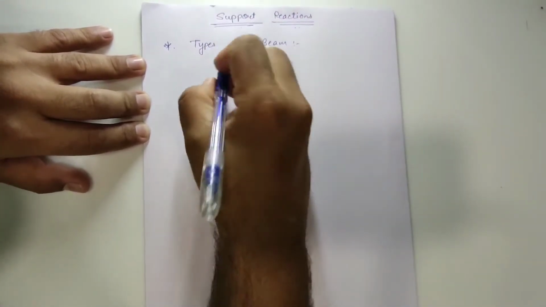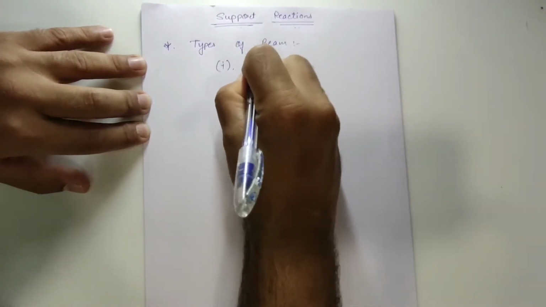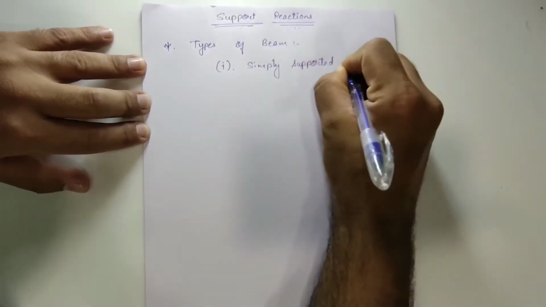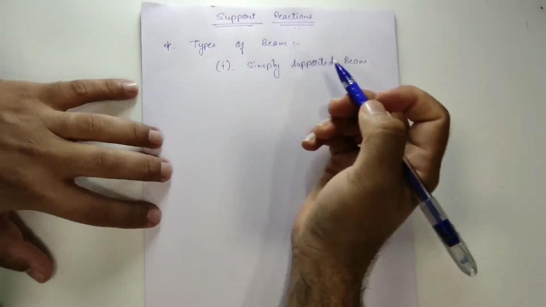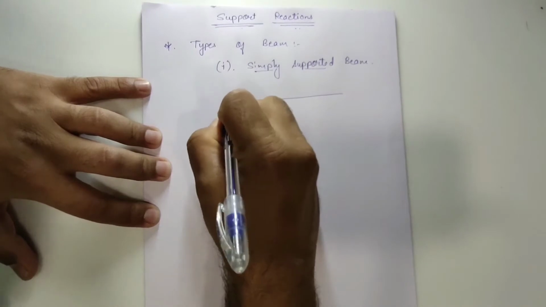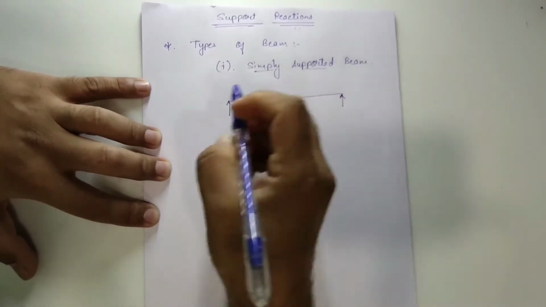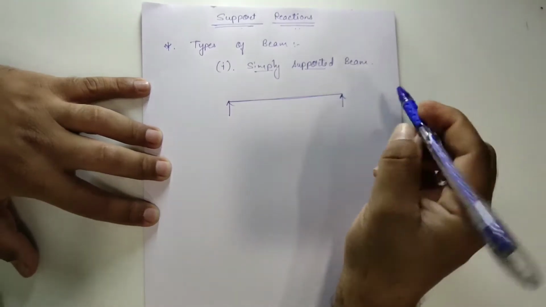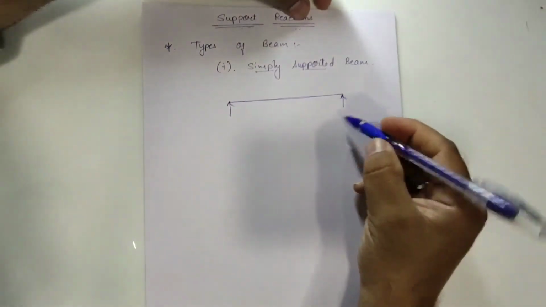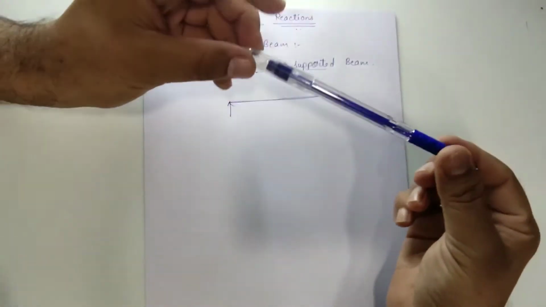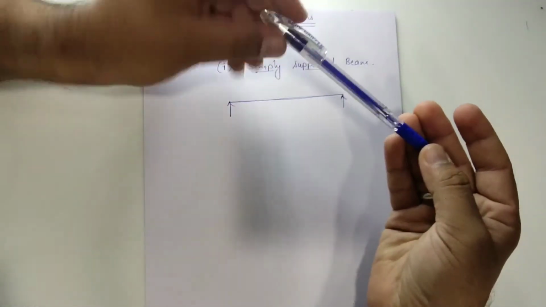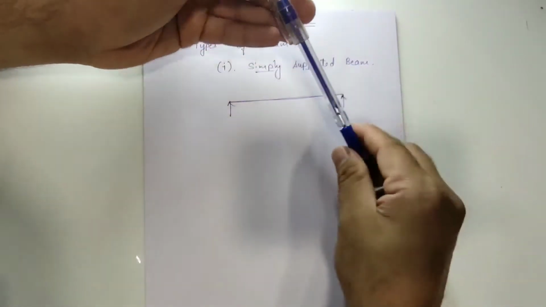Now generally there are six types of beams. First one is simply supported beam, in which the word itself denotes that the beam is simply supported. Suppose this is a beam and at the end there are two supports which are just placed in order to give the support only. There is no connection of the beam with the column or the support. It has nothing to do with the fixity. It is just simply placed on the support only.